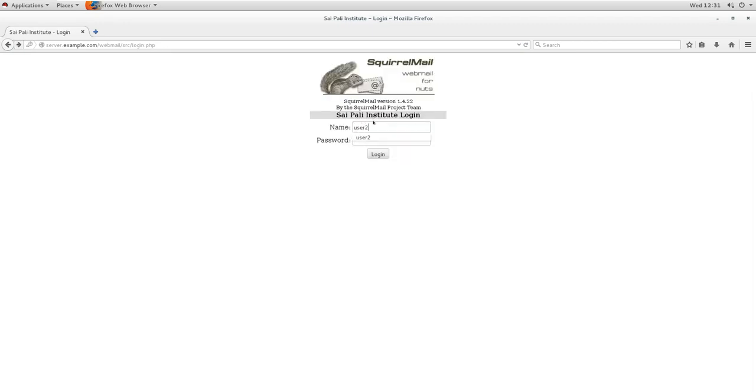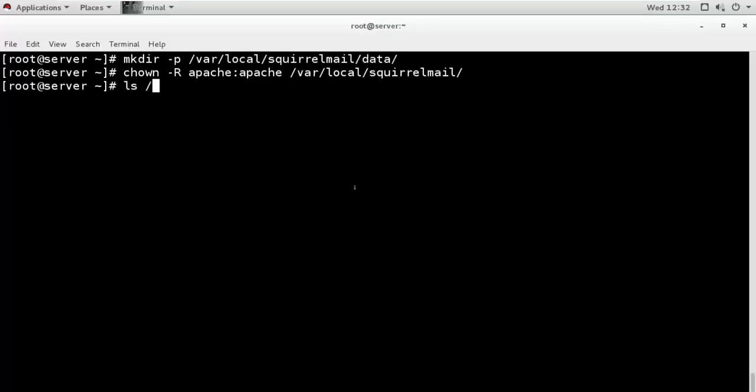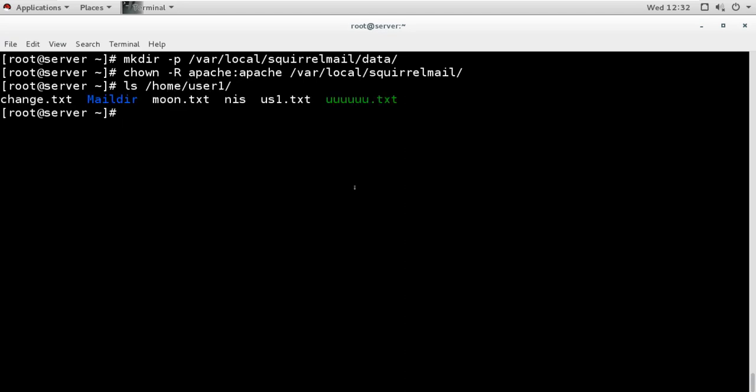User 2 can also log in. Now this is because the directory for that user is not present. The directory we have configured to be in the home directory. So under the user 1 home directory we have this mail dir, and under user 2 we also have mail dir, and under user 3 we don't have mail dir.